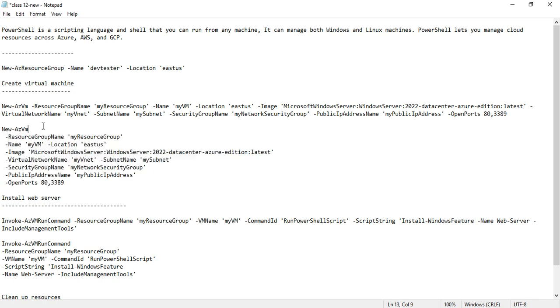So I am going to create a new Azure VM. The resource group name is where I want to create it. So here, as I already created, it is dev tester. The resource group name is dev tester, in the dev tester resource group, and